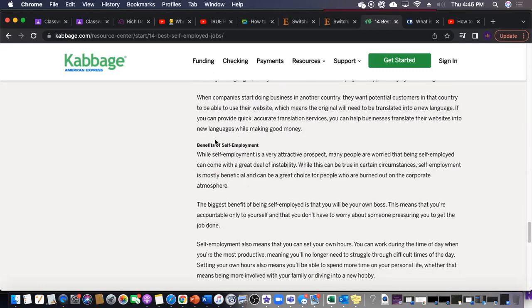So the biggest benefit of being self-employed is that you're your own boss. So you're owning the actual business. It's not somebody else owning the job. You own the job, so therefore you can move the way you want to move. You don't have to work on the days that you don't want to work, but just know being self-employed is going to consist of time equity, sweat equity, and money. And when you don't work, you're not making any money.